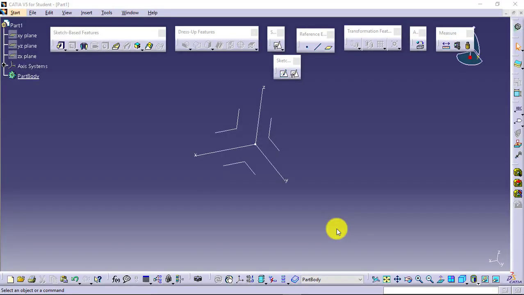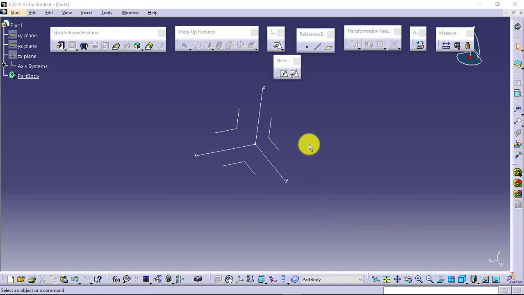Let's see the options available for the limits in pad and pocket features. Actually, these options are not only in pad and pocket feature, sorry, but these options are available in some other features as well, and these will work the same. Also, we will see one of the operation features, an editing or modification feature from the sketcher, which we had skipped for the part design. That was the projection. We will see that as well.